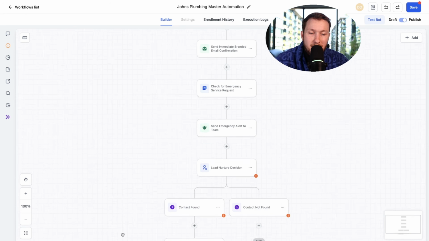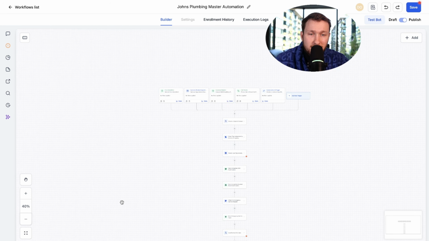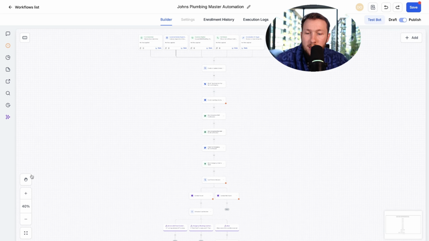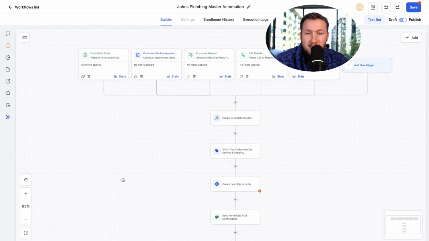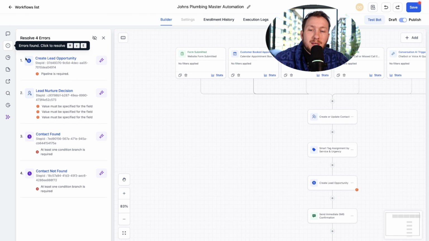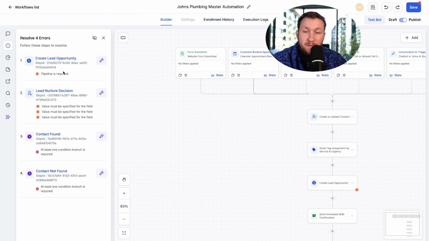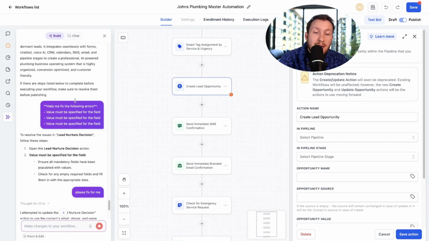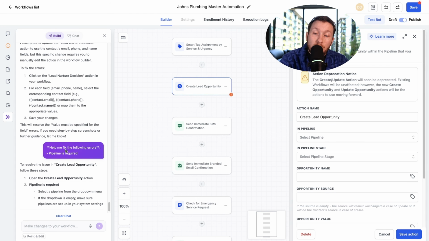And you see there are some error signs, so it needs to be fixed. This is a pretty dope automation here, but let's go through and quickly fix this thing up. Quick pro tip: you can click this, and you'll see the errors right here to fix. You come right here and click this and Ask AI will help resolve it. If we click this, it'll show you essentially what's wrong and help you fix it.